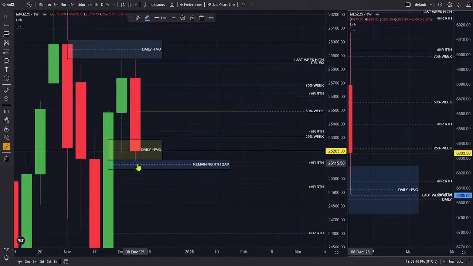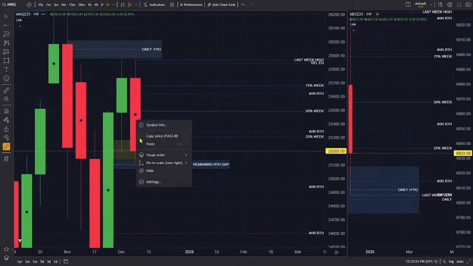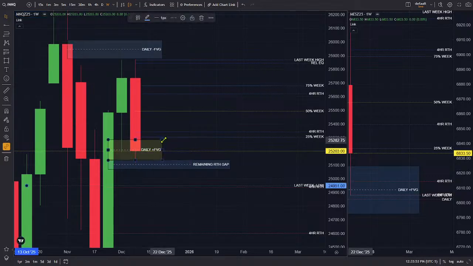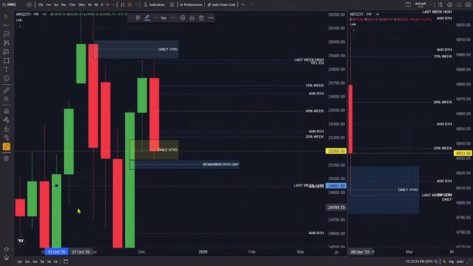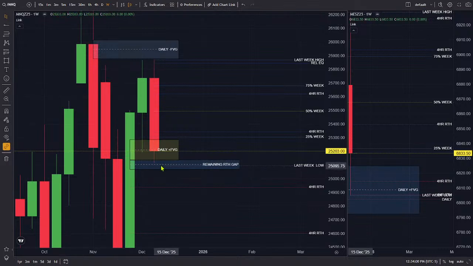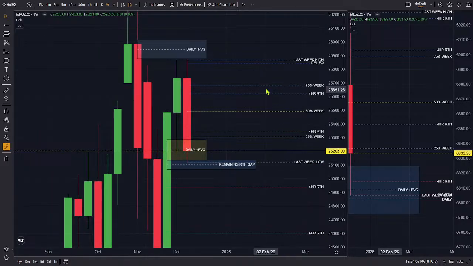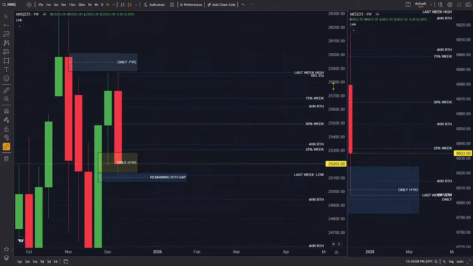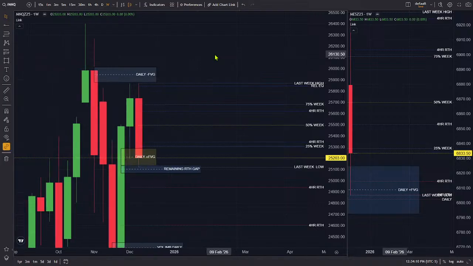I think I need to just label those last week's low and delete the 4-hour thing. We'll just know that's the same thing. Alright, there's last week's low on this one. There we go. Beautiful. I'm gonna kind of shrink this down a little bit where we can get them both